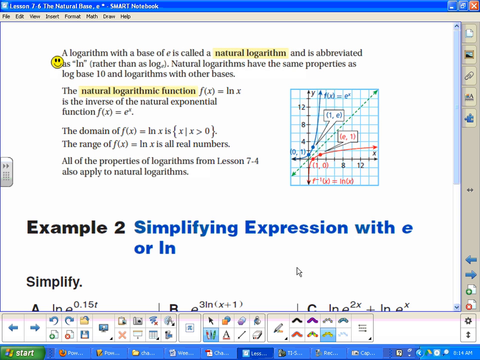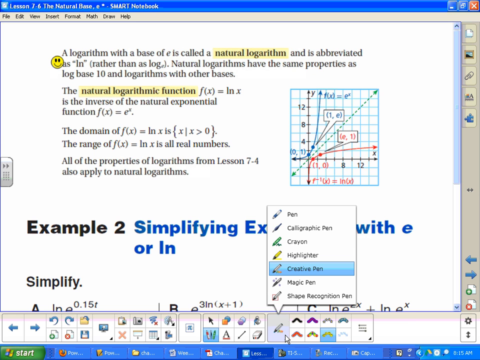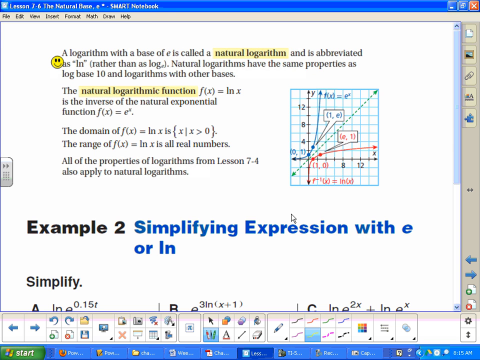So if we look at our graph here, here's a graph of our exponential growth function e to the x in blue, and the graph of the natural log of x in red, the inverse of it. So let's talk about inverses a little bit for a moment then. Just a little reminder, okay, that if I have